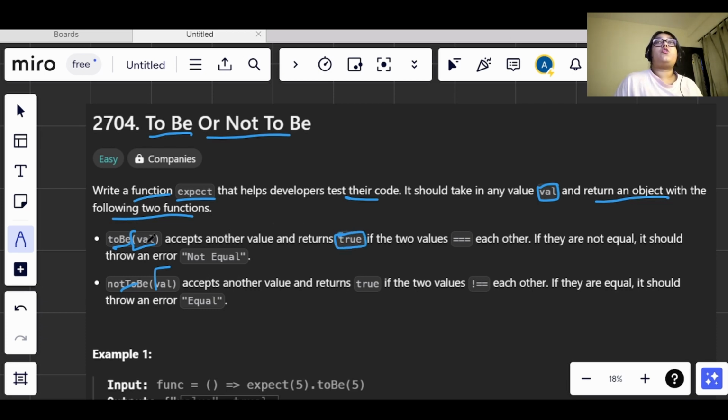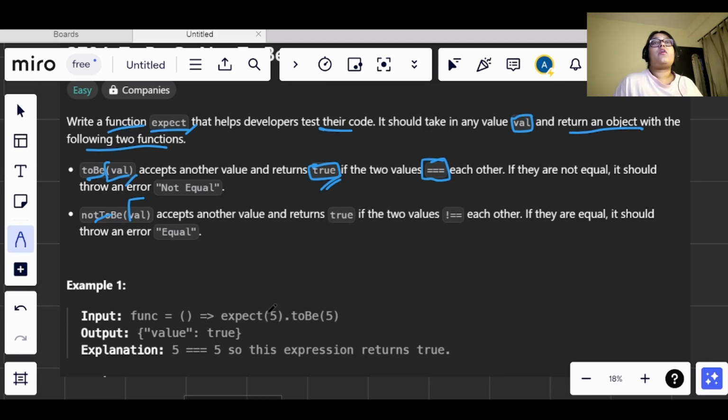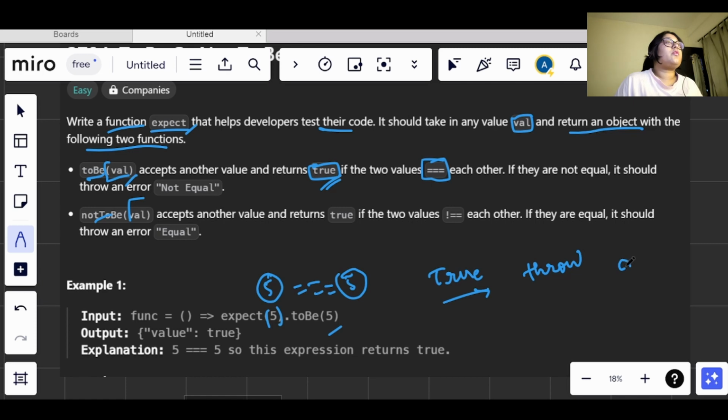toBe will return true if the two values, the one passed in expect and the one passed in toBe, are equal. If we call expect with a value of 5, and toBe has a value of 5, we need to evaluate both of them. If both are equal, we return true, and if they are not equal, we need to throw an error